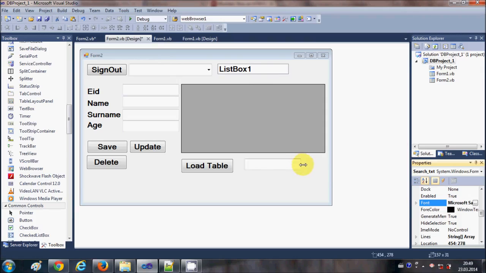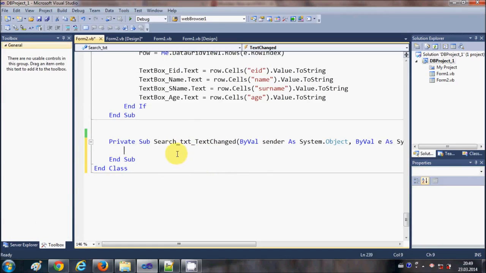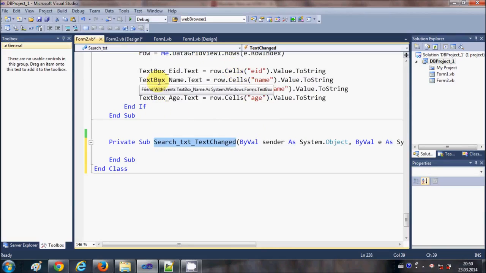Okay, now what you need to do is just double click this search box, and in here we are going to write the code to search whatever word or item we write in this text box. It should filter the values in the data grid view and show us the result, right? So what I'm going to do first is, in video number 12, if you remember,